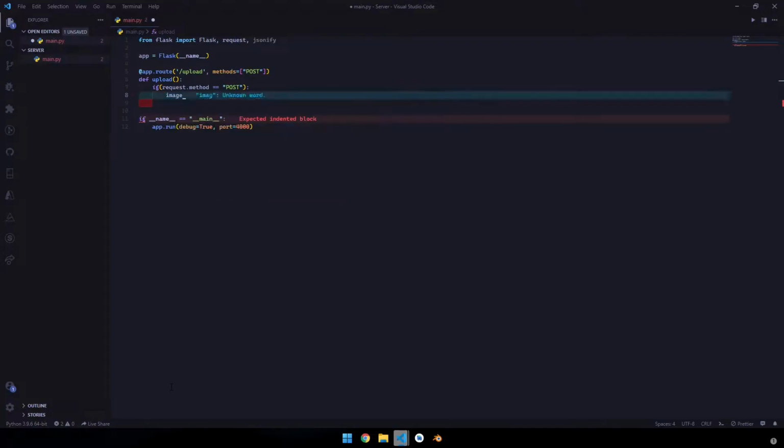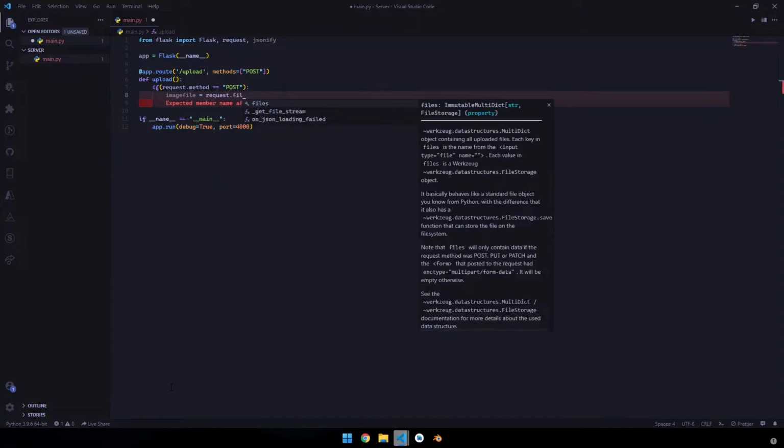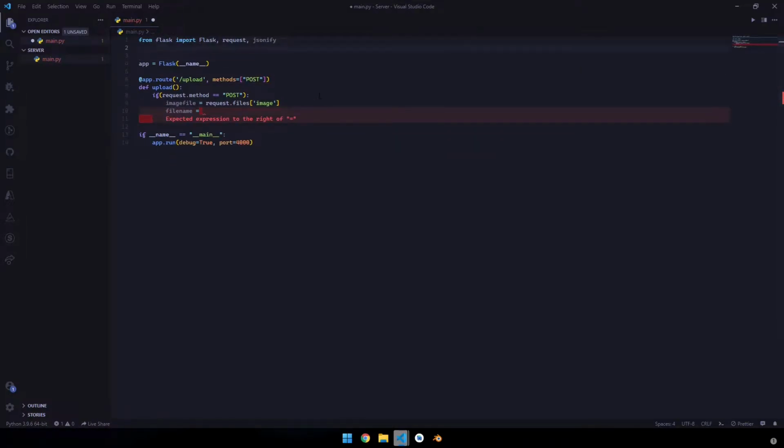Next I'm declaring a variable image_file, and basically it will be request.files, and in this image, basically it's a key value pair, and the value of this key will be stored in this image_file. And next we will be taking the file name using the library called werkzeug, and using this library we will be extracting the base name of that image.